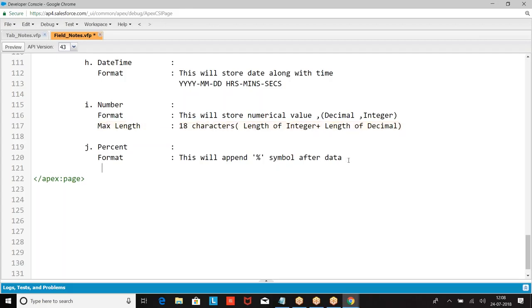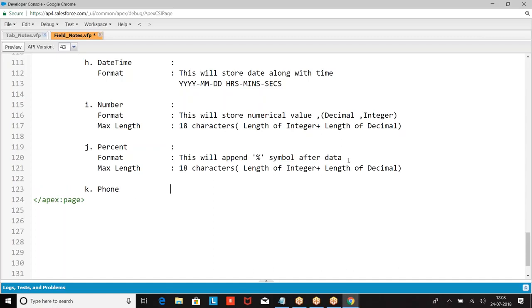Just look at the data types, you will see how to create them in the next session. Then phone. This will store the phone numbers.